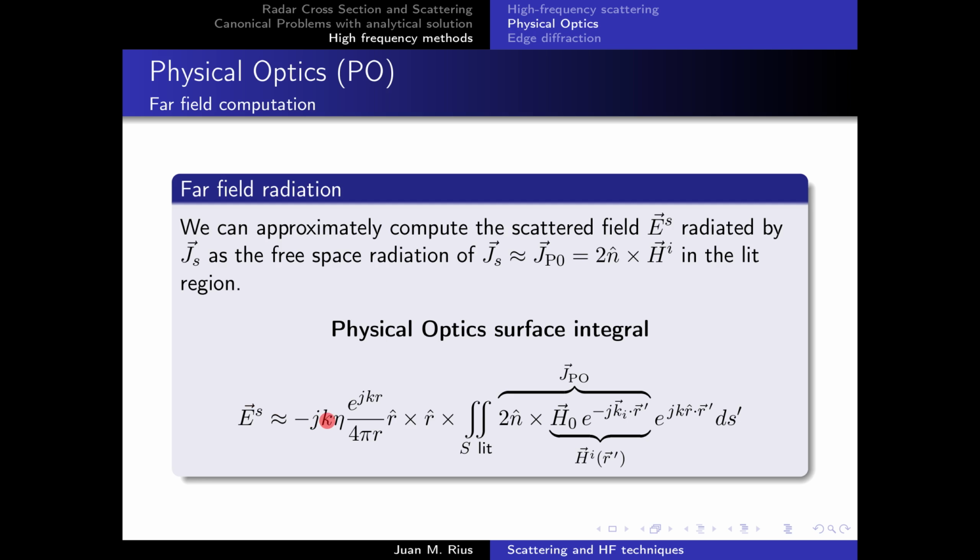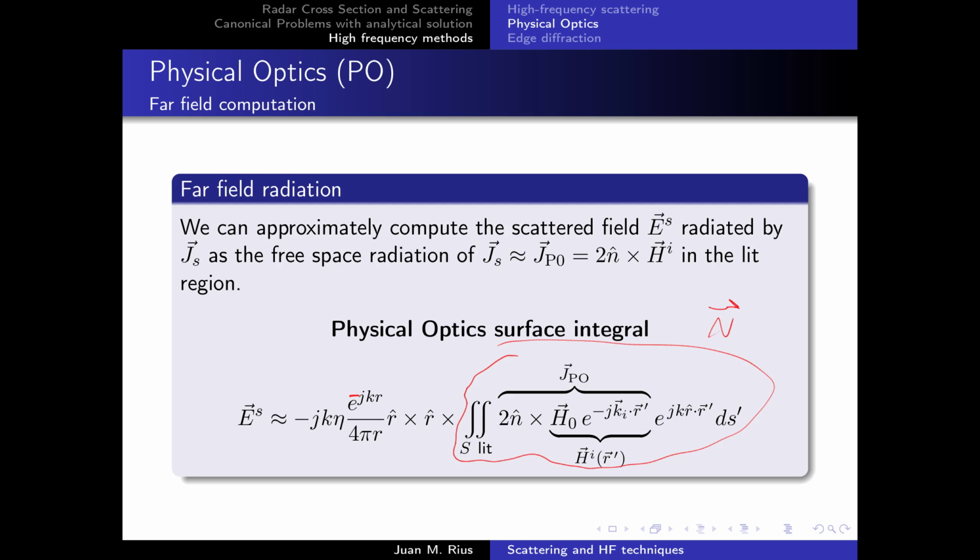So in the radiation equations in the far field, that are in fact some constants times the spherical wave, oh, this is a minus sign, sorry, here we have a minus sign. And then we have here the radiation vector,